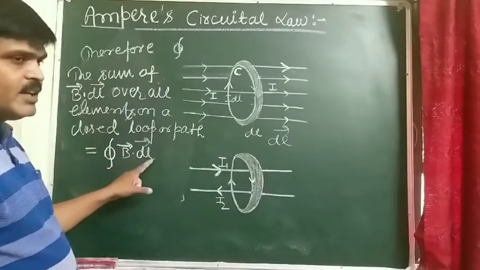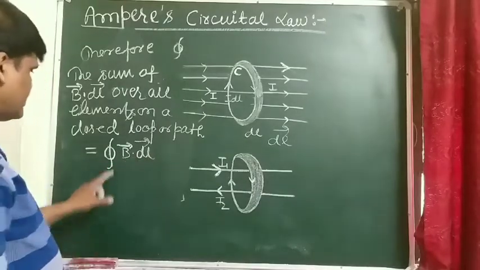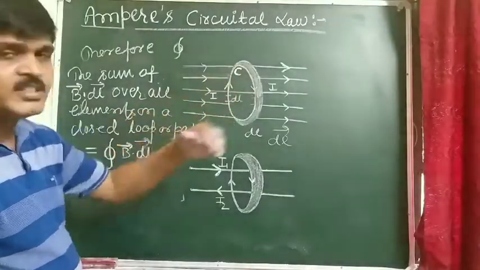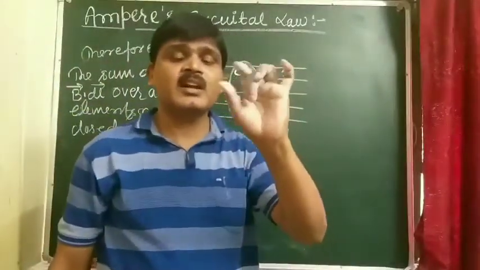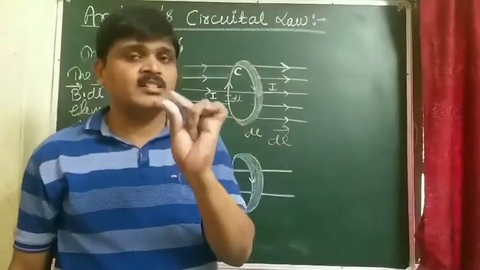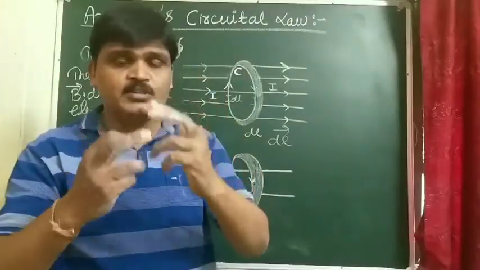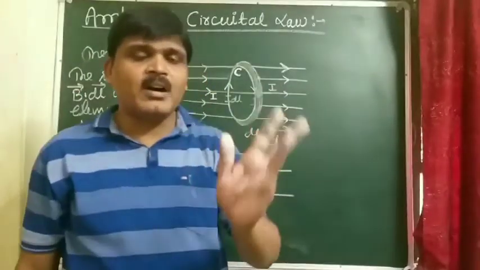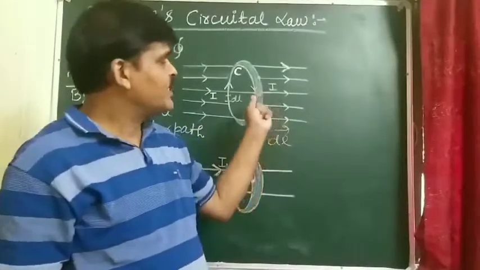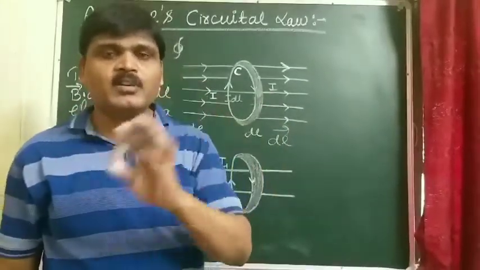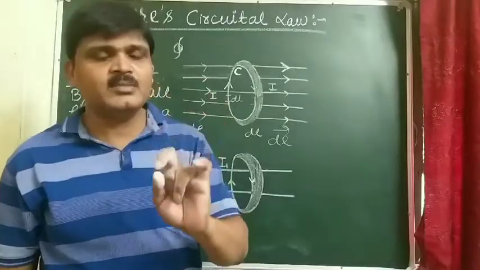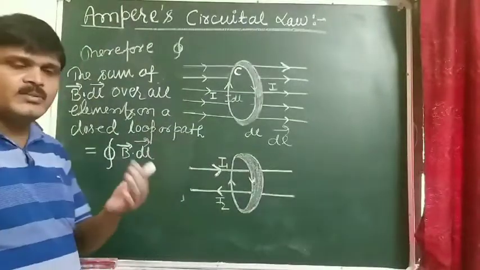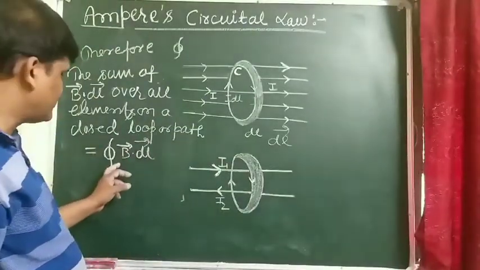This integral of vector B dot dl can be written as the line integral of the magnetic field. We are taking here this boundary C, made by a large number of small line elements, each of length dl, and I am assuming that dl is very small. Then the dot products of vector B dot dl over all small elements are summed, and since dl is very small, it is taken in the integral form.